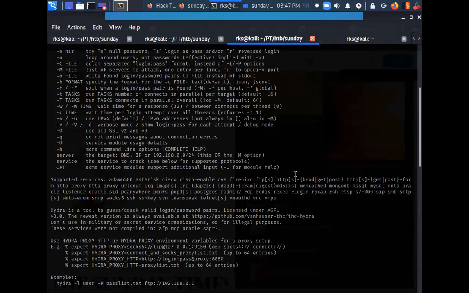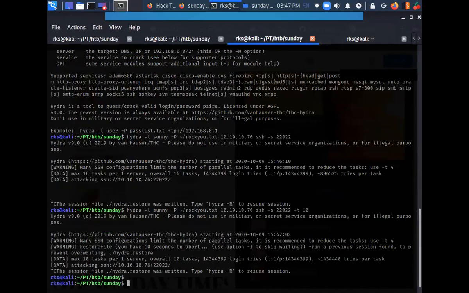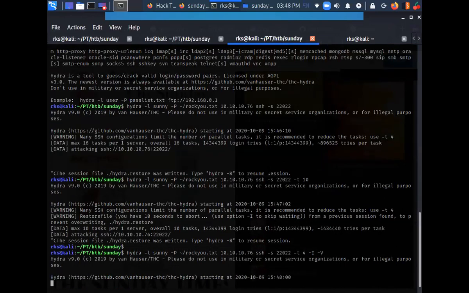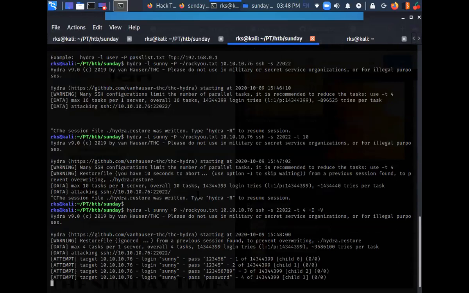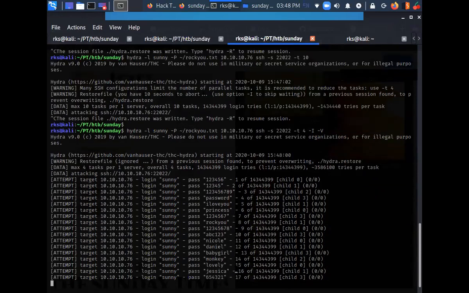Let's do this: -t4, capital I, capital V. So it is showing me the attempts that it is performing.